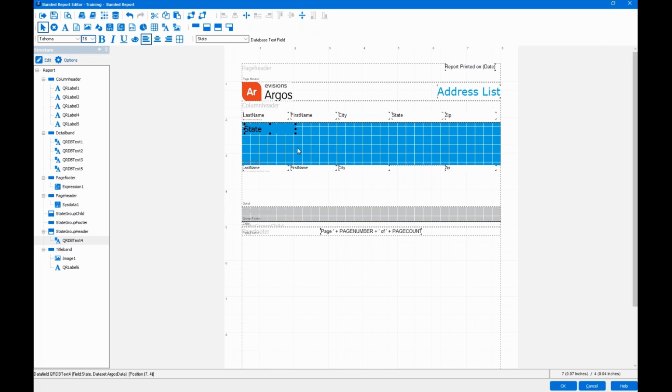All right. So just a tad bit to the left. All right. So now since we moved our state into our group header band, we don't need it from our column header. So we're going to go ahead and delete it. And now we have some extra space